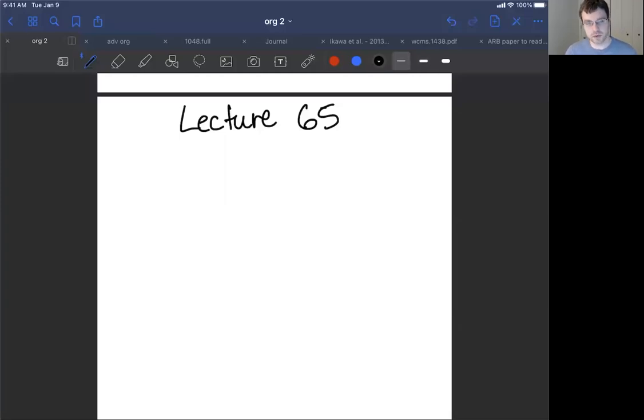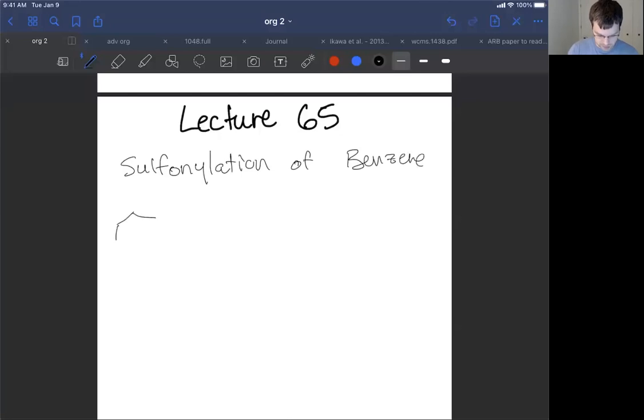In this lecture, I want to go through two reactions of benzene. These are the sulfonylation and nitration of benzene. So in this reaction, what we're doing, the sulfonylation, is we're treating our benzene with